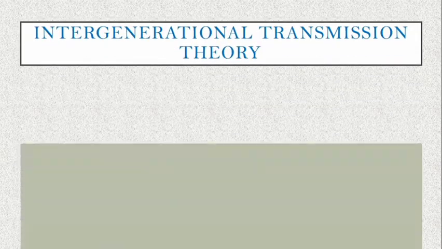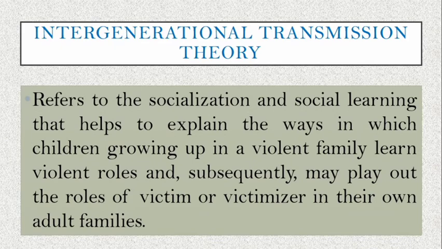Next, intergenerational transmission theory. It refers to the socialization and social learning that helps to explain the ways in which children growing up in a violent family learn violent roles and subsequently may play out the roles of victim or victimizer in their own adult families. So for example, sa intergenerational transmission theory,